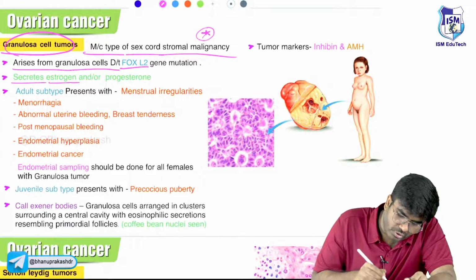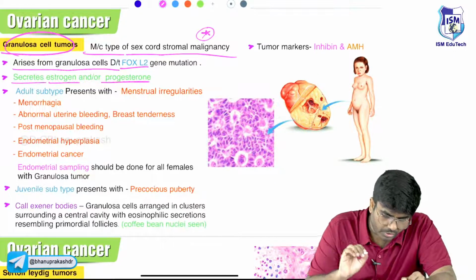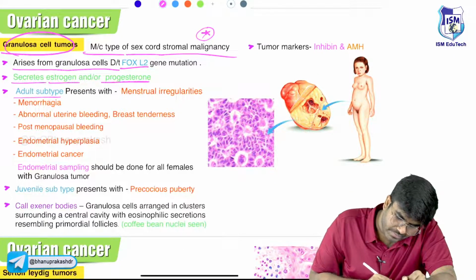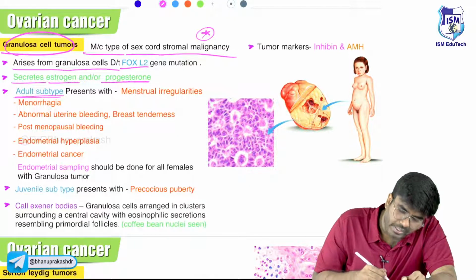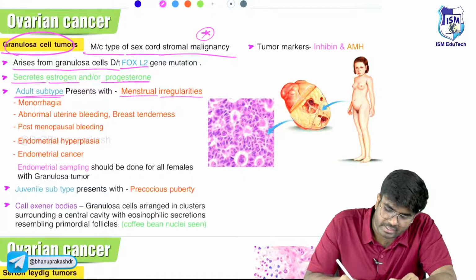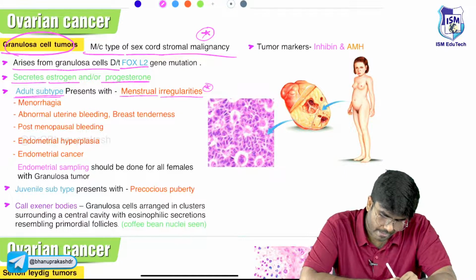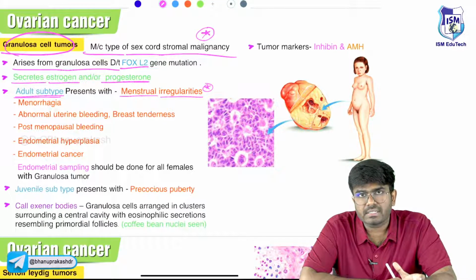It secretes what? Estrogen, sometimes progesterone. Okay, estrogen and progesterone. What are the adult subtypes? Sir, the adult subtype is going to present with menstrual irregularities because of a lot of estrogens. Menstrual irregularities are going to be seen. So what are the menstrual irregularities that are seen with this